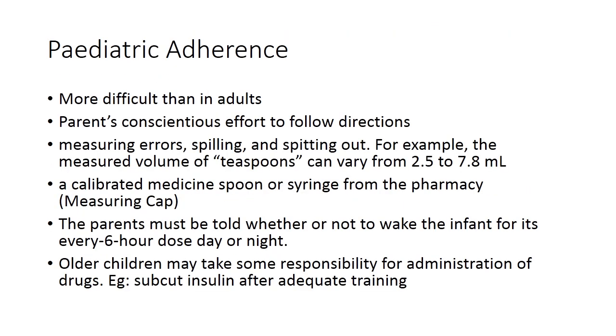Pediatric adherence to therapy is one of the most important tasks for a practicing pediatrician, and it is really difficult because parents have to be involved. Parents' conscientious effort is needed. Measuring errors and spitting all occur with child dosing. The measured volume of teaspoons is full of variation and it may vary from 2.5 ml to 7.8 ml. It is better to use a calibrated spoon, measuring cap or a syringe to accurately measure the